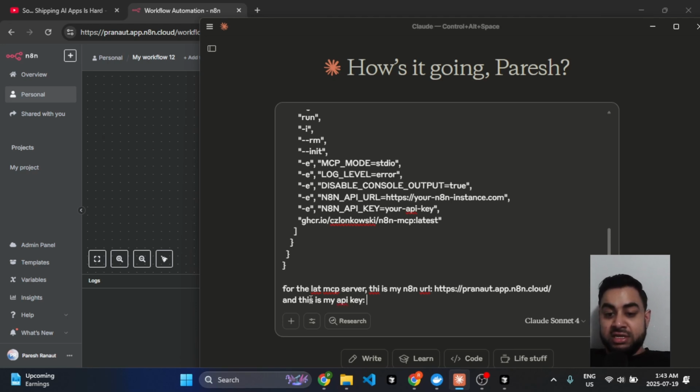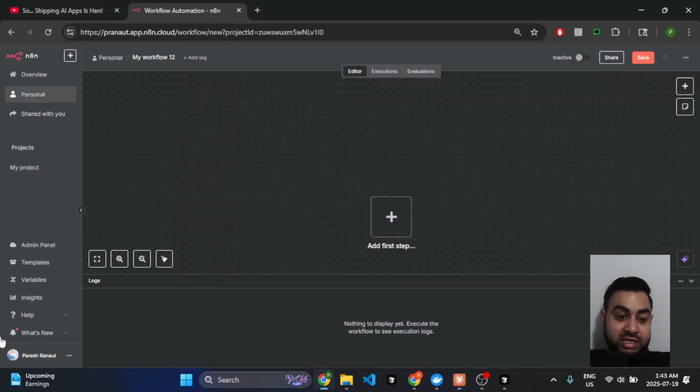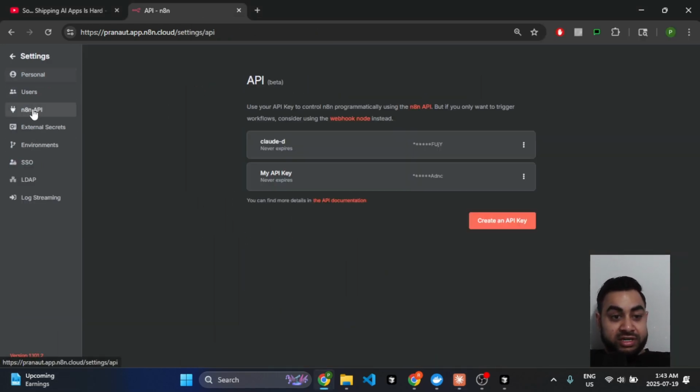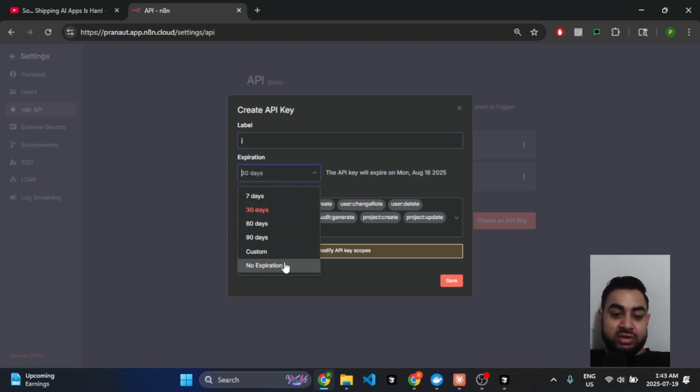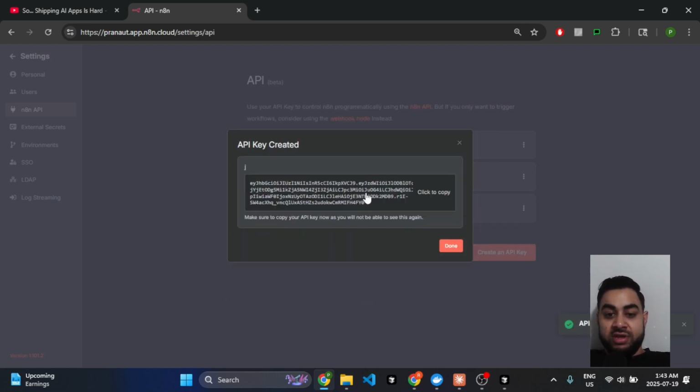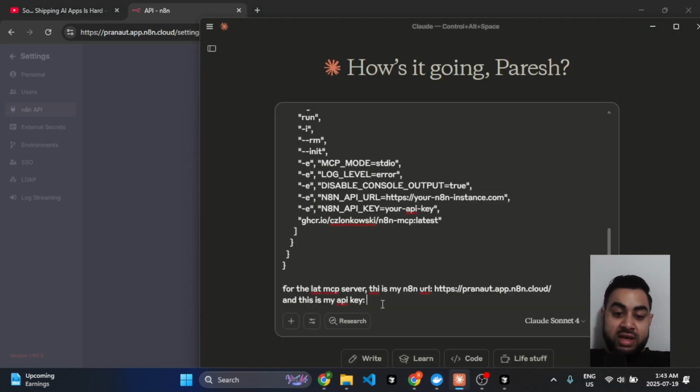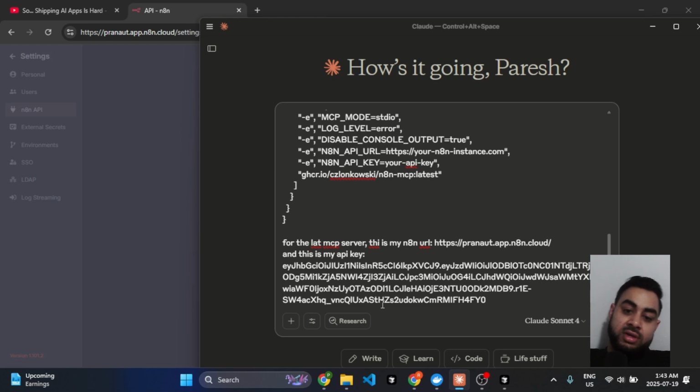This is my API key, and for your API key, again, you want to go to your n8n account, go to settings, go to n8n API, and you're going to create an API key, name it whatever, and set an expiration, if you want it to expire, whatever you want to choose. Again, save, copy it, go back here and paste it right here, and then you're going to send this message out